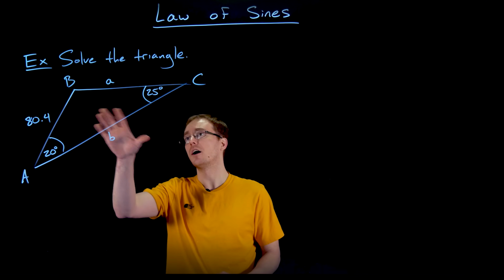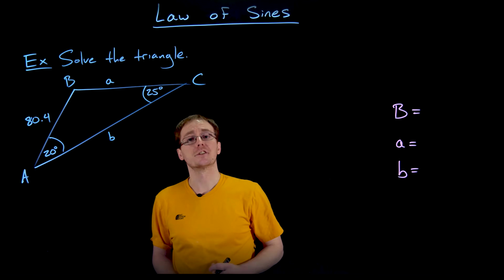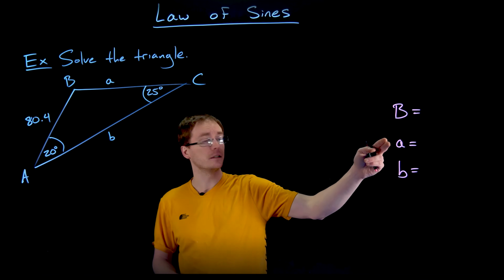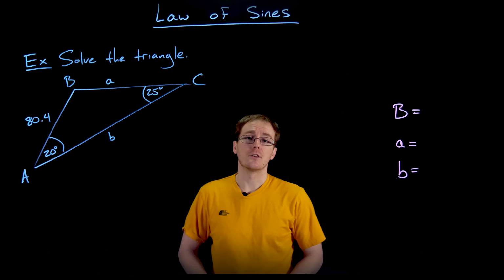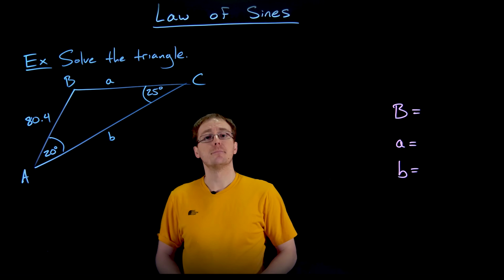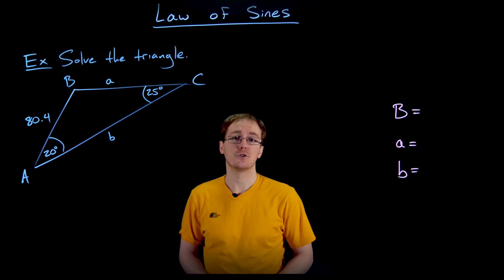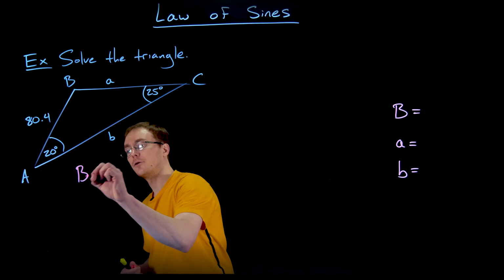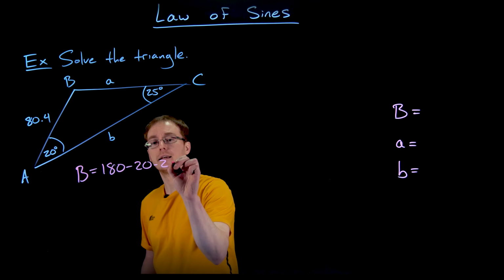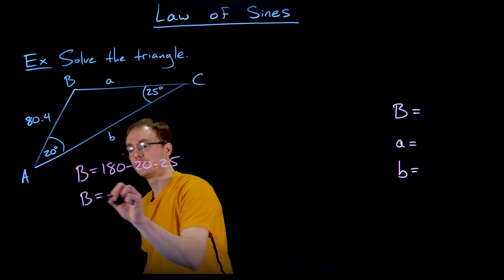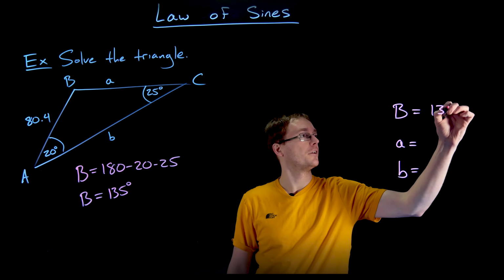So for these missing or unknown side lengths and angles, we need to state them in order to solve this triangle. And so to finish solving this triangle, we need to find angle B, side length A, and side length B. And well, for one of these quantities, we don't need to use the law of sines at all to find it, and that is our missing angle, angle B. We still have the fact that all the angles in a triangle have to add up to 180 degrees. So our angle B will be 180 minus our two known angles of 20 and 25 degrees. And so using that fact, we can pretty quickly find that